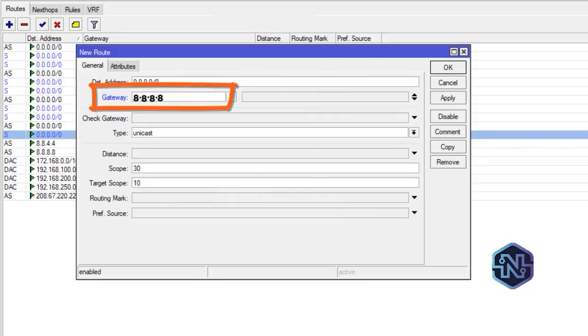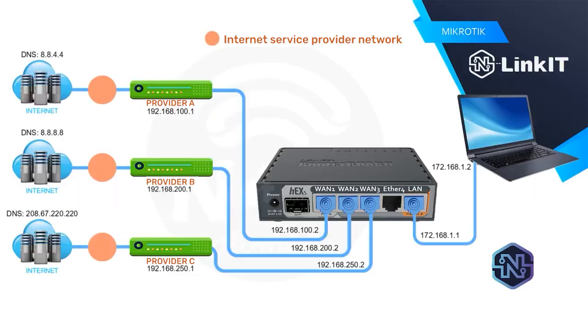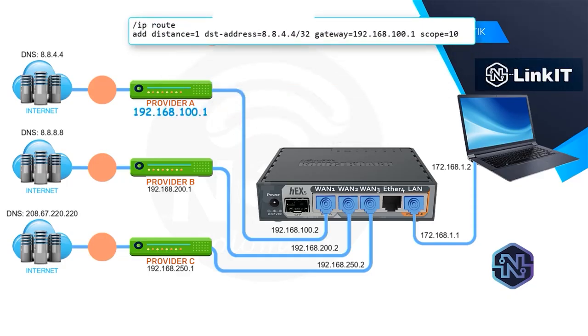It is possible to specify the gateway to a network, even if this gateway cannot be reached directly. Let's take provider A as an example. The gateway is 192.168.100.1. I can create a route in our MikroTik telling it to reach Google's DNS 8.8.4.4